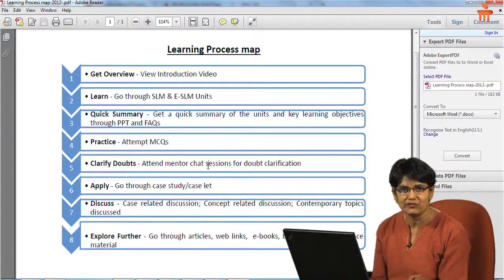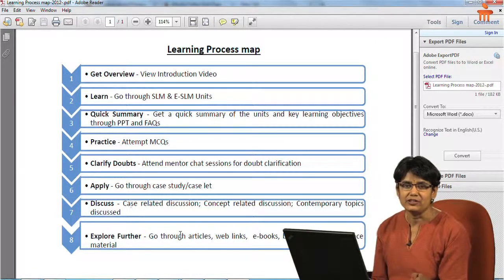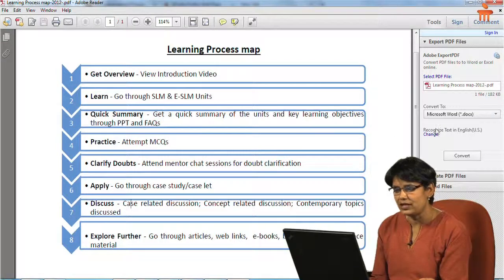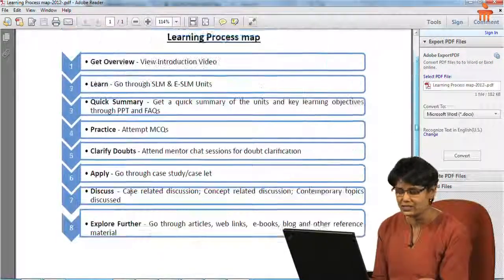Clarify doubts, if you have any, through the mentor chat sessions. Go through the case studies and caselets that are available for some of the SLMs. Then discuss case related questions, explore further, go through all of those articles, inspirational videos, and industry expert videos, and that's how you actually go through this whole process of learning at SMUDE.